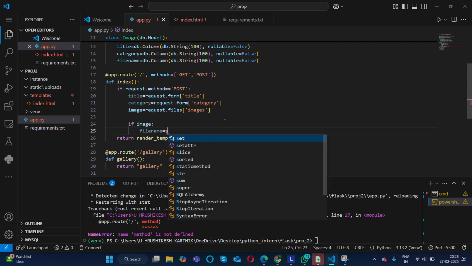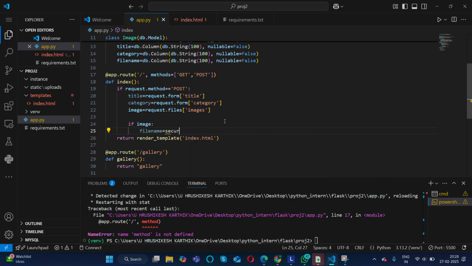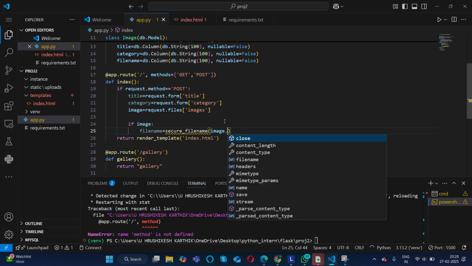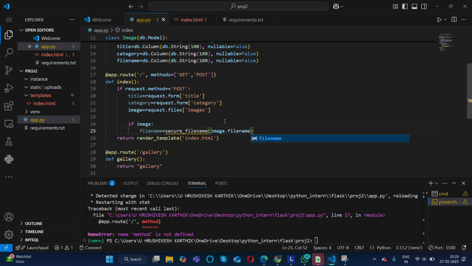File name is. I'm giving it extra security, because if someone gets to know the file name, they can misuse it. Image to file name. Okay, why is it showing an error?